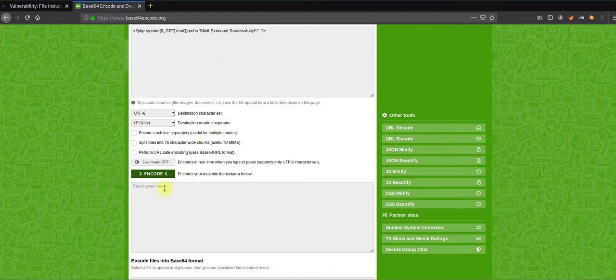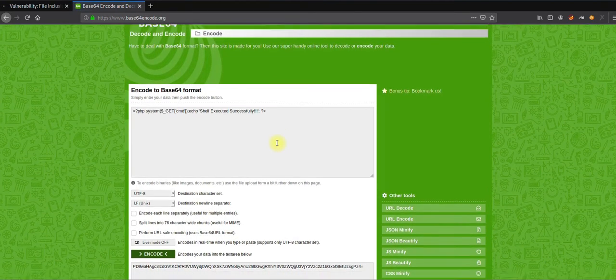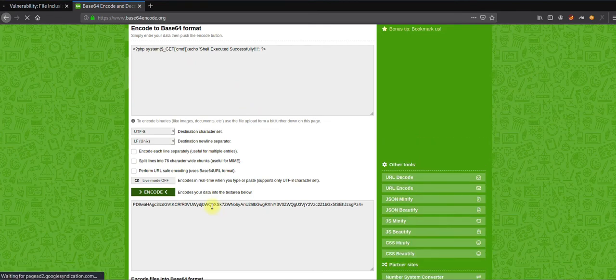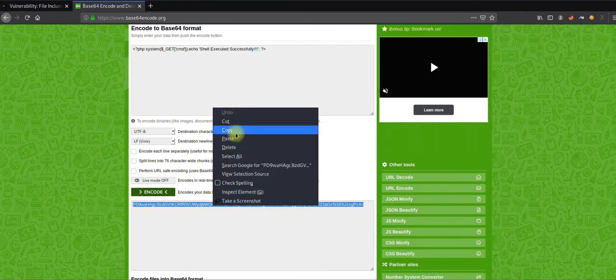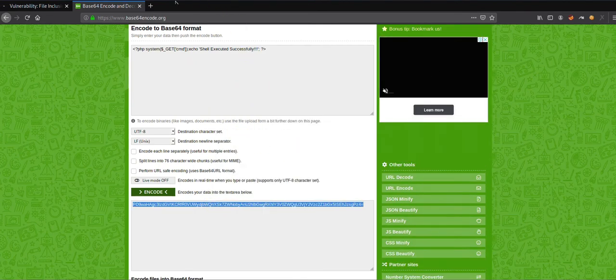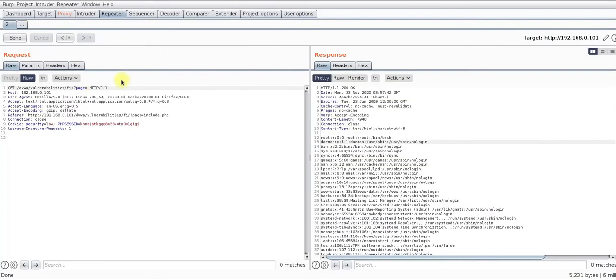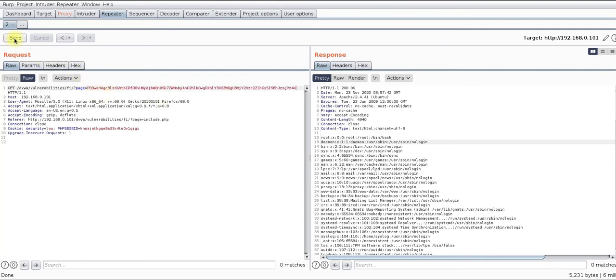Yeah, this time it's fine. So here you can see this is the base64 encoding of my payload. I'll take this encoding and put it in the page parameter as my payload and send it to the server.